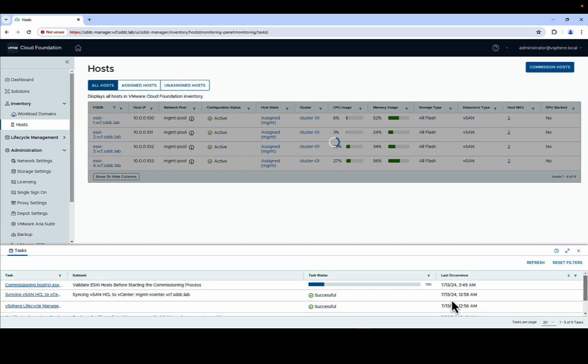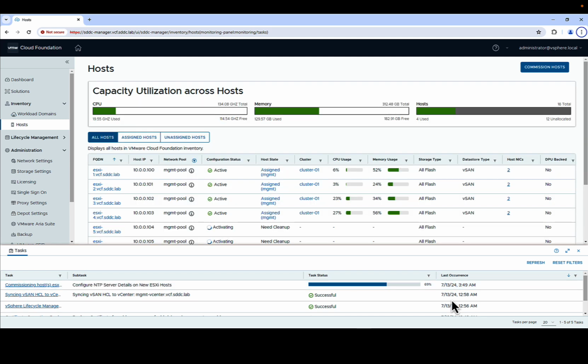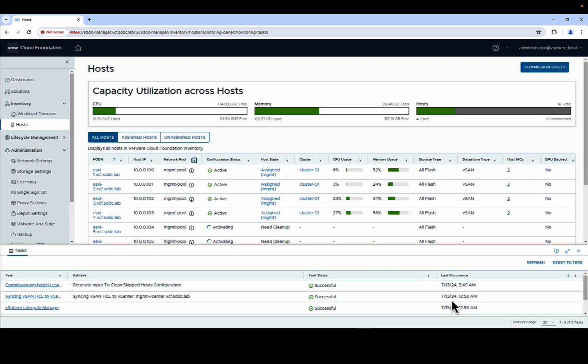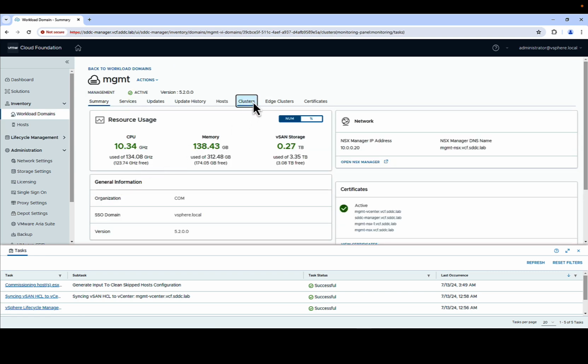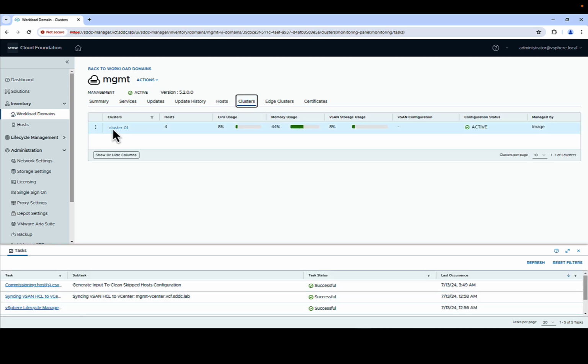Once the hosts have been commissioned into the VCF inventory, we can then use these hosts to create a new workload domain, create a new cluster, or expand an existing cluster. In this case here, we're going to use 2 of these hosts to expand the management cluster. Once again, we go into the automated workflow and we can choose